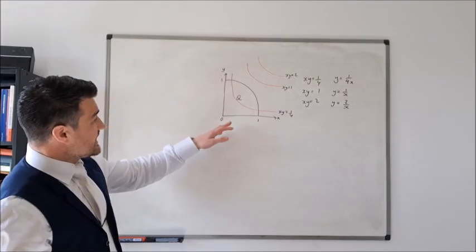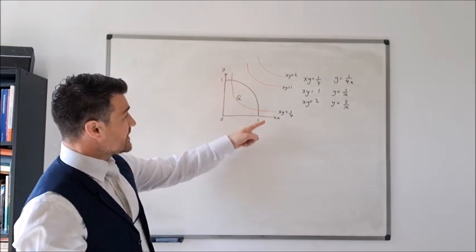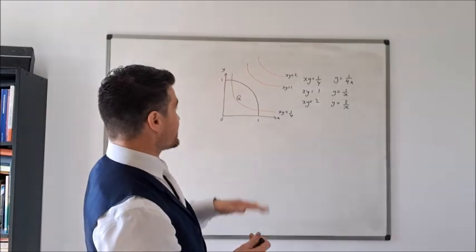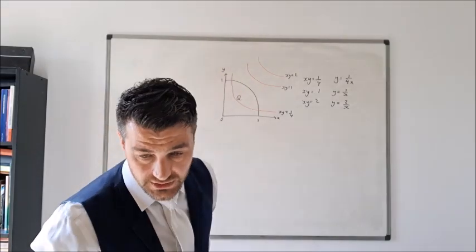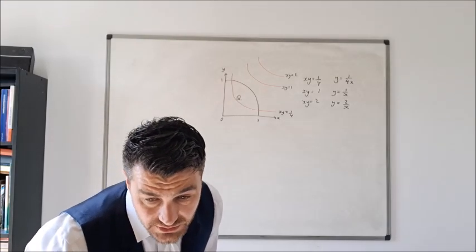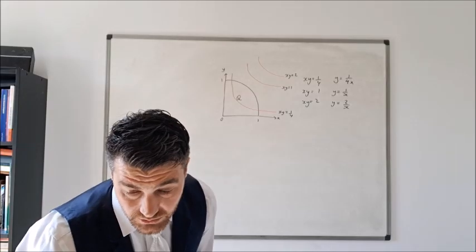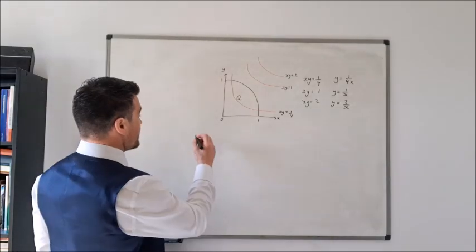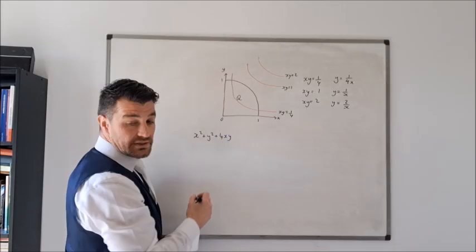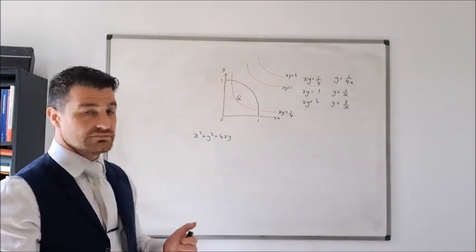What do we notice here is that, again, some of these curves intersect Q, some don't. Important to notice. Not drawn to scale at all. Don't worry about that. It's not important. What is the largest value of x squared plus y squared plus 4xy achieved at points x, y in Q?